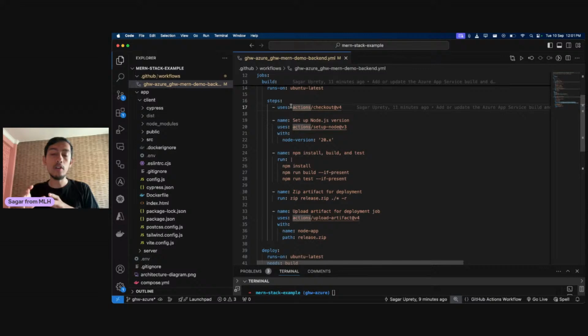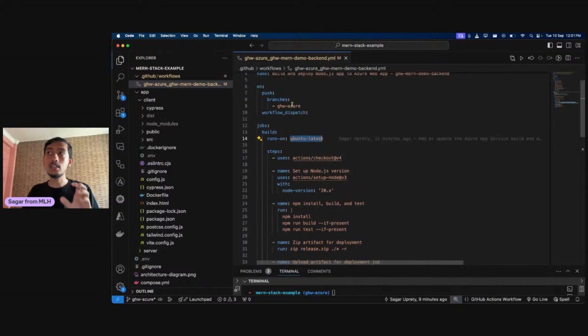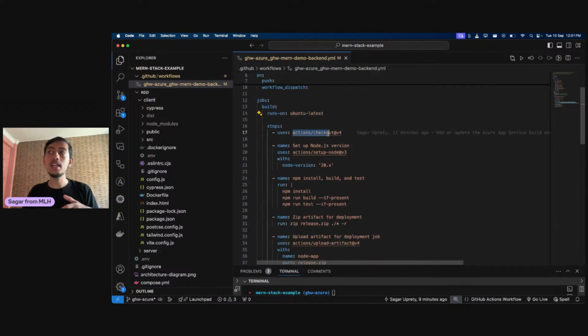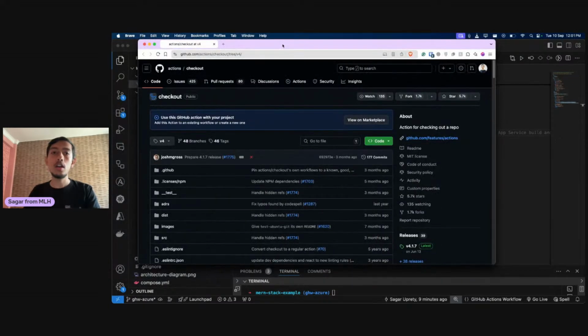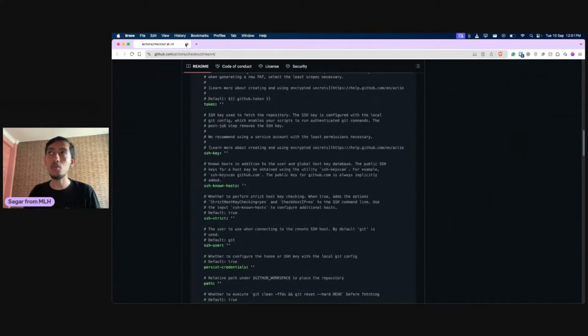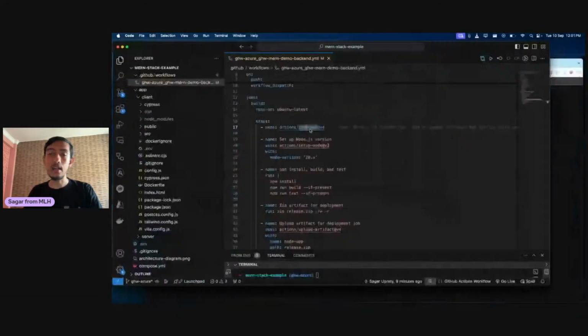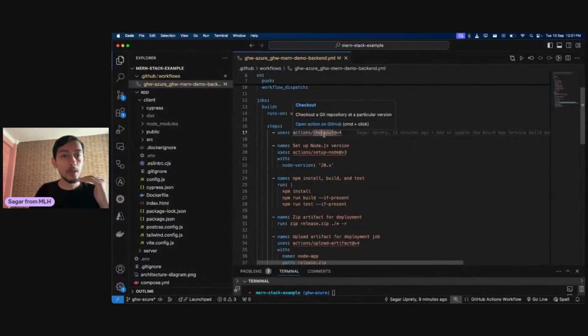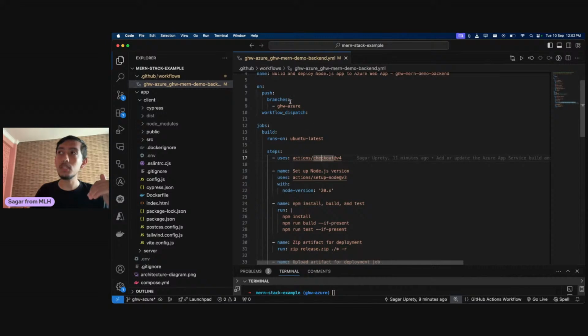So it basically checks out our repo, and the Ubuntu Linux server will now have access to all the files and folders that are inside the GSW Azure branch of the repository. So basically it gets access to all the code in the repo. So that is what checkout does. If you want to learn more about the action, then you can control click on that specific action, and that will open a documentation link for that specific action, and you can see what it does and how it does it and what are the different options that you have along with it. But we don't need to worry about that right now. So it basically just copies or gets all the code that is in our repo in the specific branch that